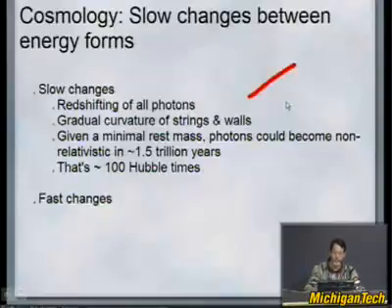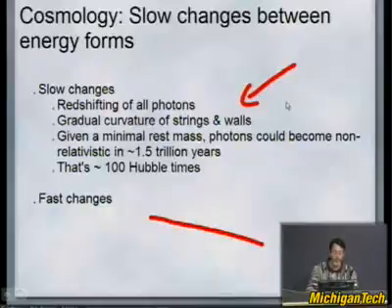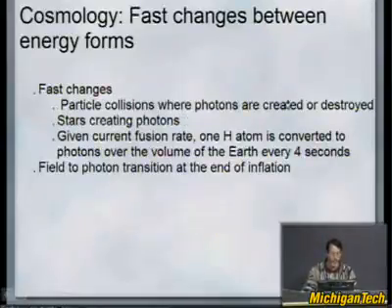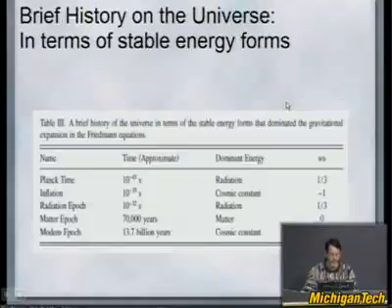Curvature effects of strings and domain walls might unravel as the universe expands, so you could have some slow changes between energy forms. It's also possible to have fast changes when you have some kind of matter that decays. It then goes from normal matter and decays into radiation forms, fast-moving particles, so it's possible to convert matter into radiation quickly. That's possible. That's what I just said.